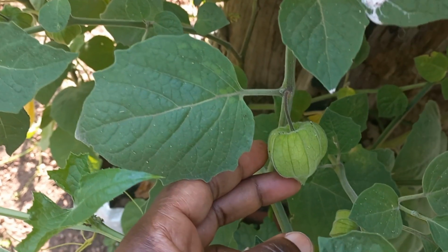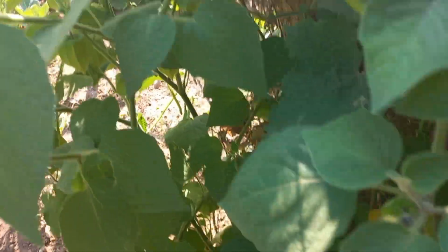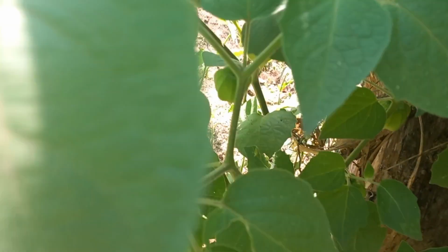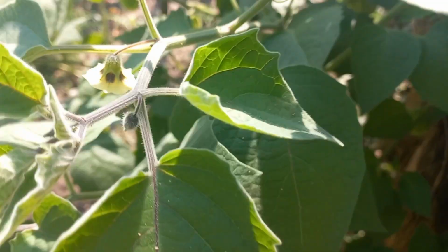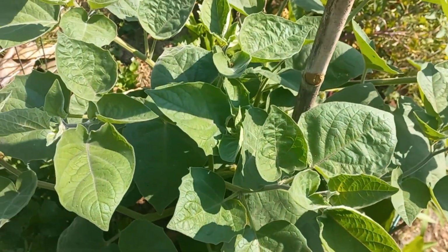You can see here, this is how the fruit looks when it's still growing. It's in a green case. And when it ripens, the color changes to this yellow. It's a very nice fruit. We have more gooseberry here,